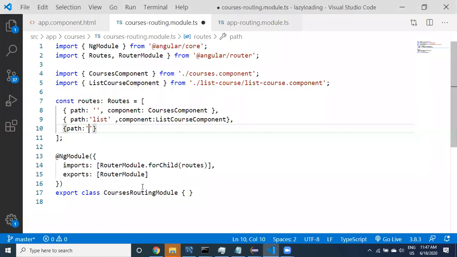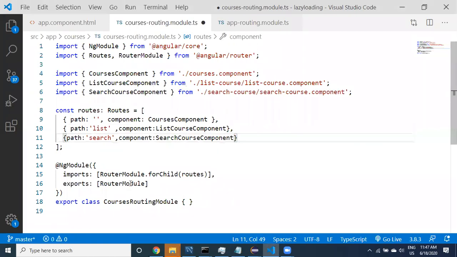Another one is search, the search course component. Let us look at it, guys. I have provided the path. These are the available routes inside the course routes. This course routes is a subclass of what?